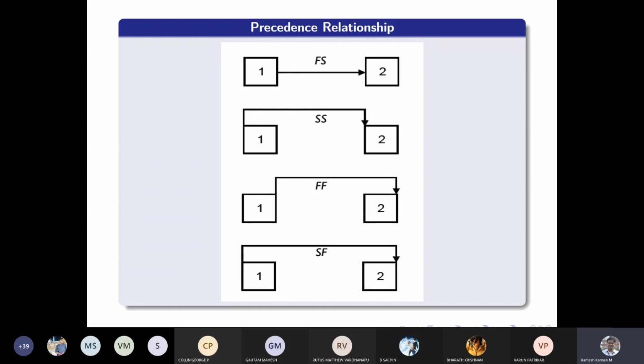And the next is called the start to start relationship. In start to start, both can start simultaneously. Like if you have a digital assignment and a J component project for this particular course, you can start both of them simultaneously. You don't have to wait for digital assignment 1 to be over for the J component to start. So you can start